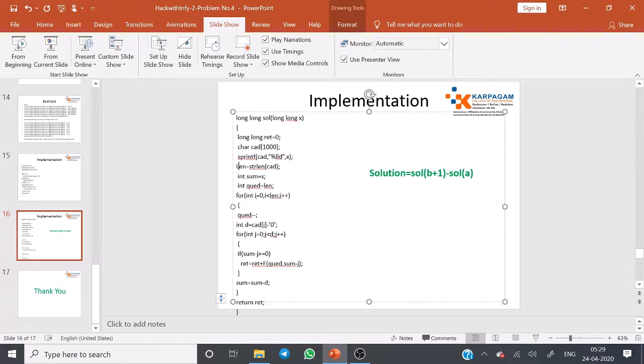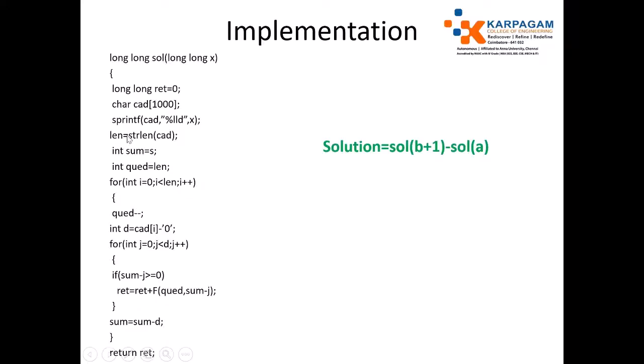That I missed. Find the length of the character array, that is, the digit value converted into a string. Just set the initial sum as s, which is inputted by the user. Initially set the length value to the quad value.